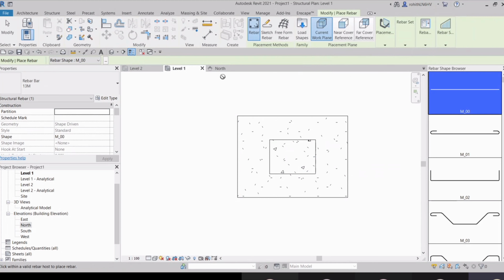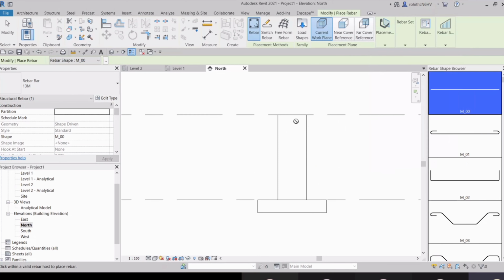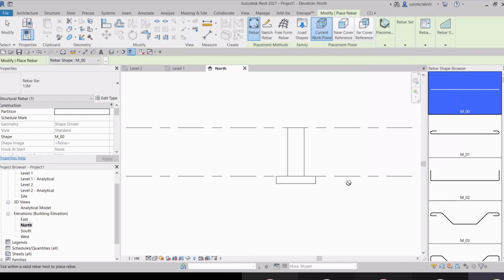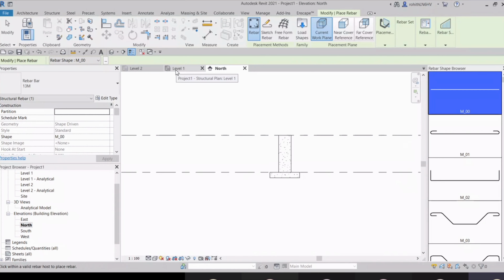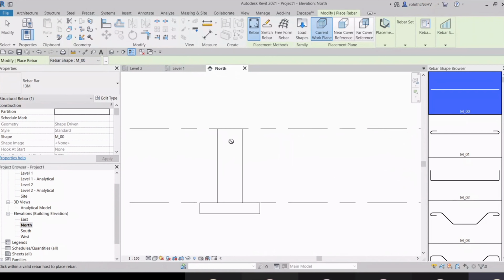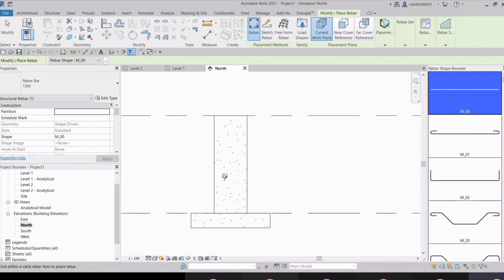It will be placed at this level 1, and here we have this near cover reference and the far cover reference. So let me show you what this is. So you say that this is the level 1, right? Currently I was in this level 1, and this column has the bottom surface, and this has the top surface, right?